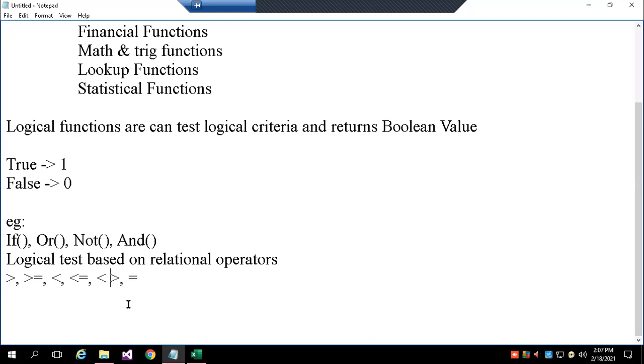Less than and greater than together means not equal to. So the meaning of this operator is not equal. And equals. We consider these as logical operators.